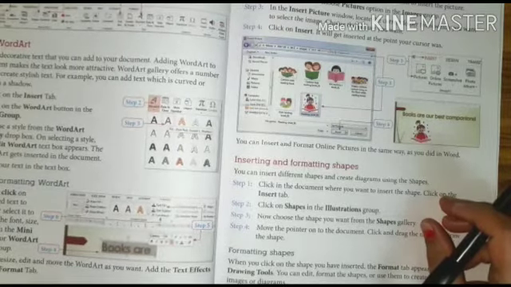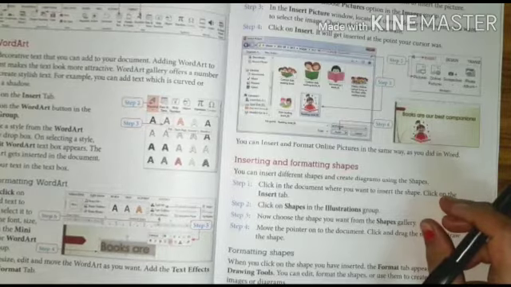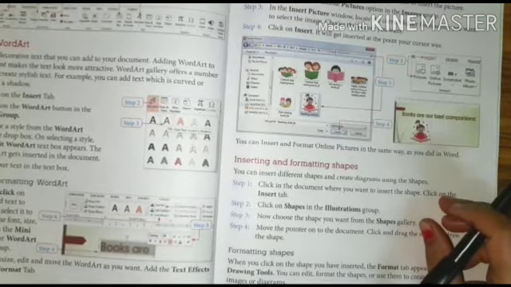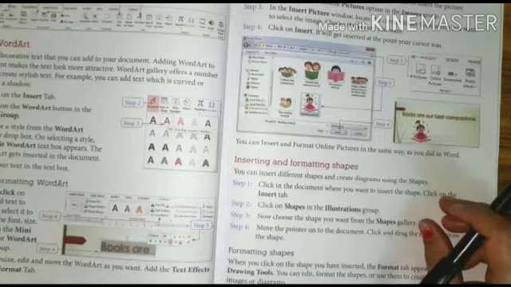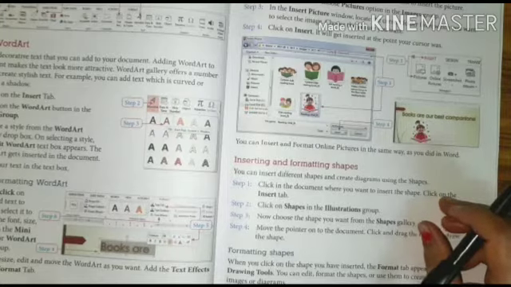Adding word art. Word art is decorative text that you can add to your document. Adding word art to your document makes the text look more attractive. The Word Art Gallery offers a number of options to create styles in text.